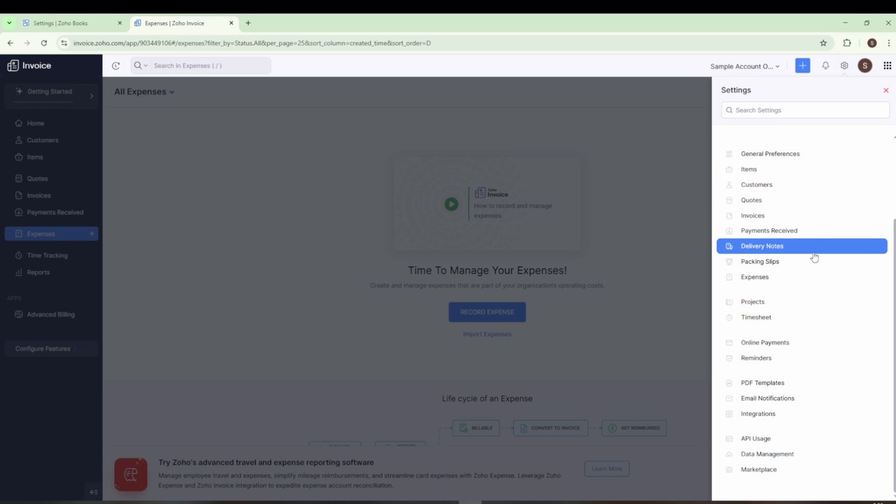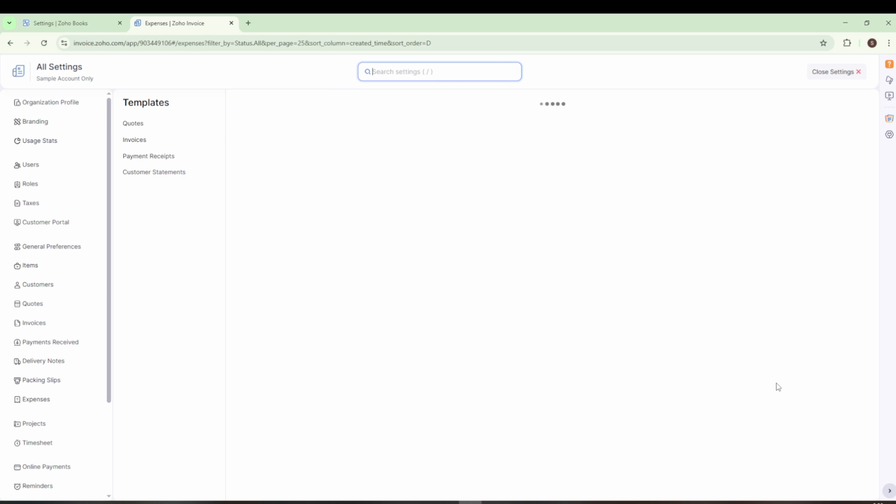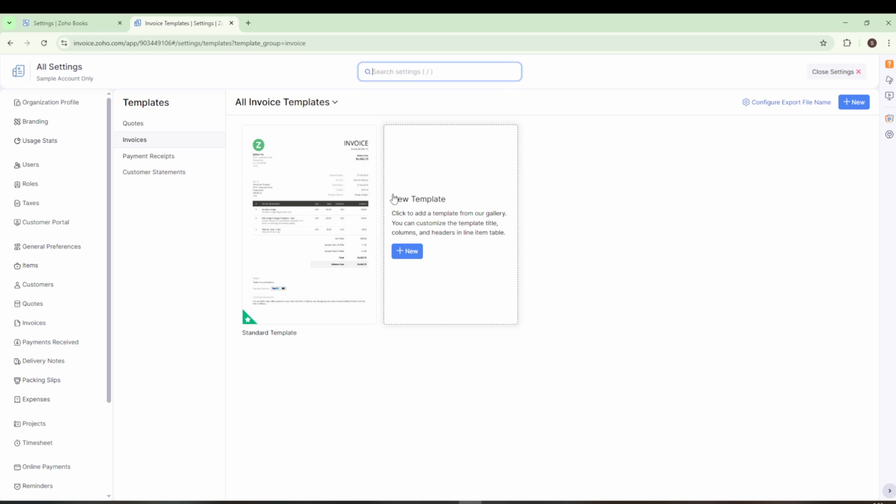Within this menu, you'll want to look for and select Customization, and then head over to PDF Templates. This is where you can manage various templates related to your documents. Next, you'll need to select Invoices. It might open automatically, but if it doesn't, just look under the Templates section and click on Invoices to bring